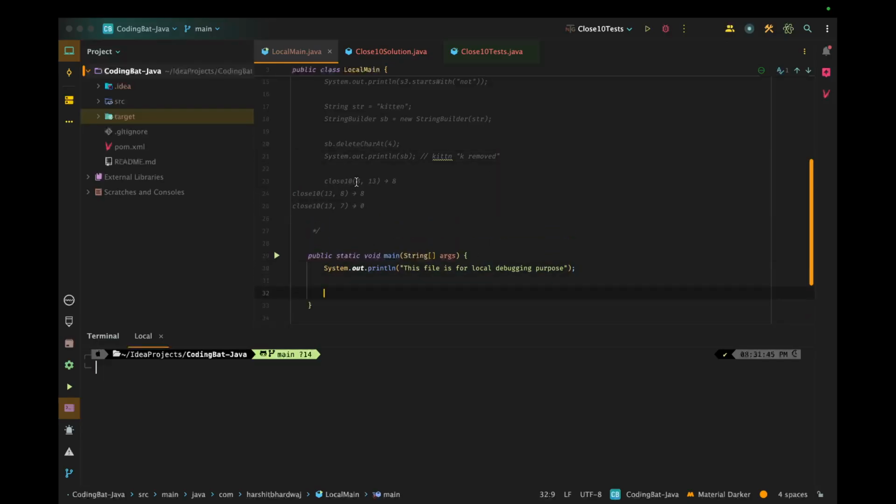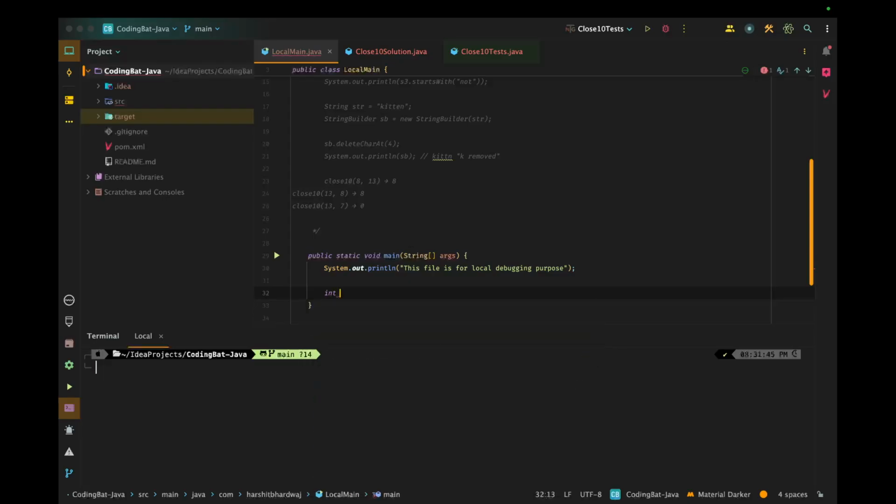In the first case, a is 8 and b is 13. Since we need to find how far the value is from 10, we would be making use of Math.abs in order to get the absolute value. So let me show you.